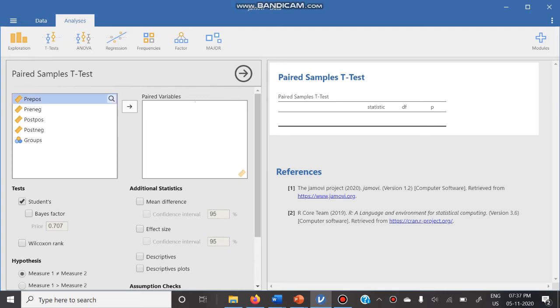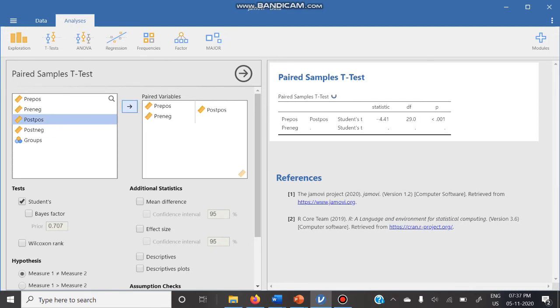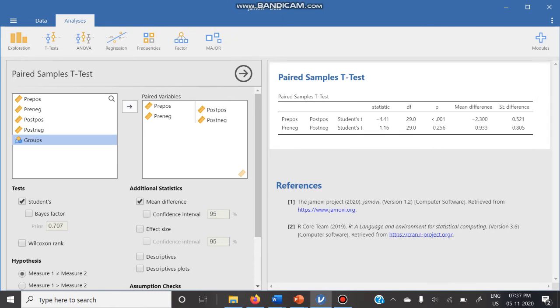Sending pre-test on positive affect towards right, post-test on positive affect towards right, pre-test on negative affect towards right, post-test on negative affect towards right, and we can choose mean difference and we can choose descriptives.